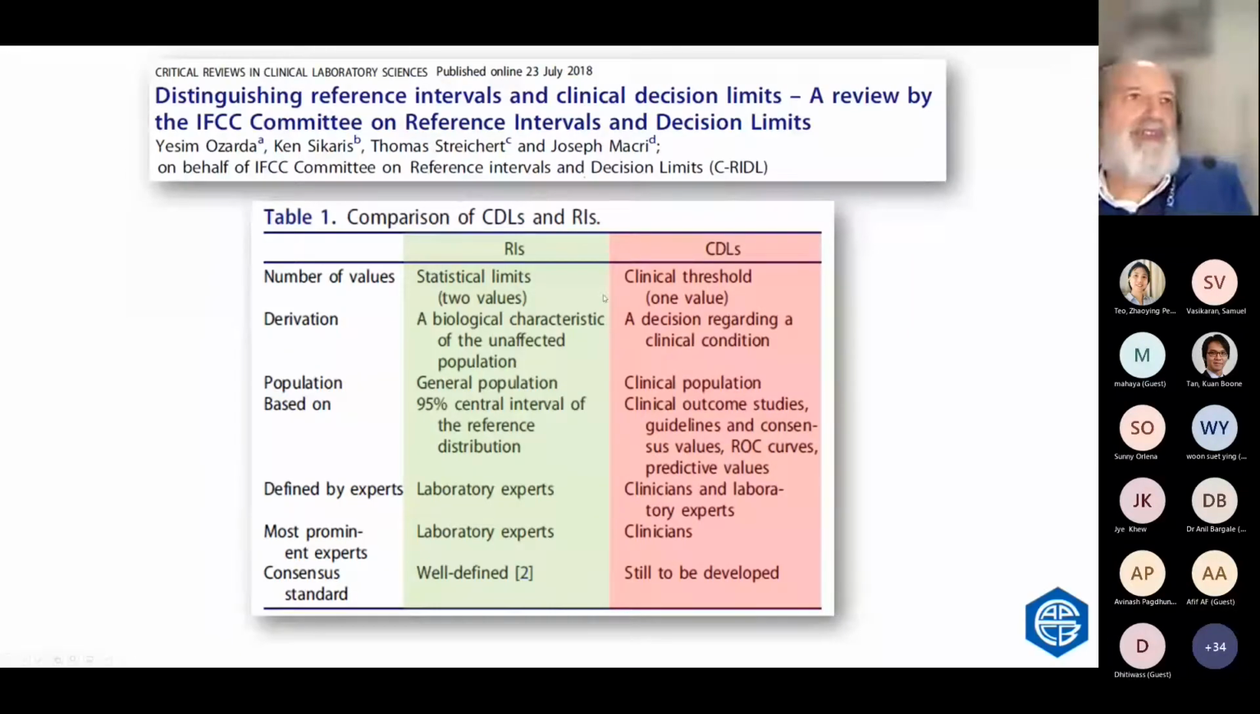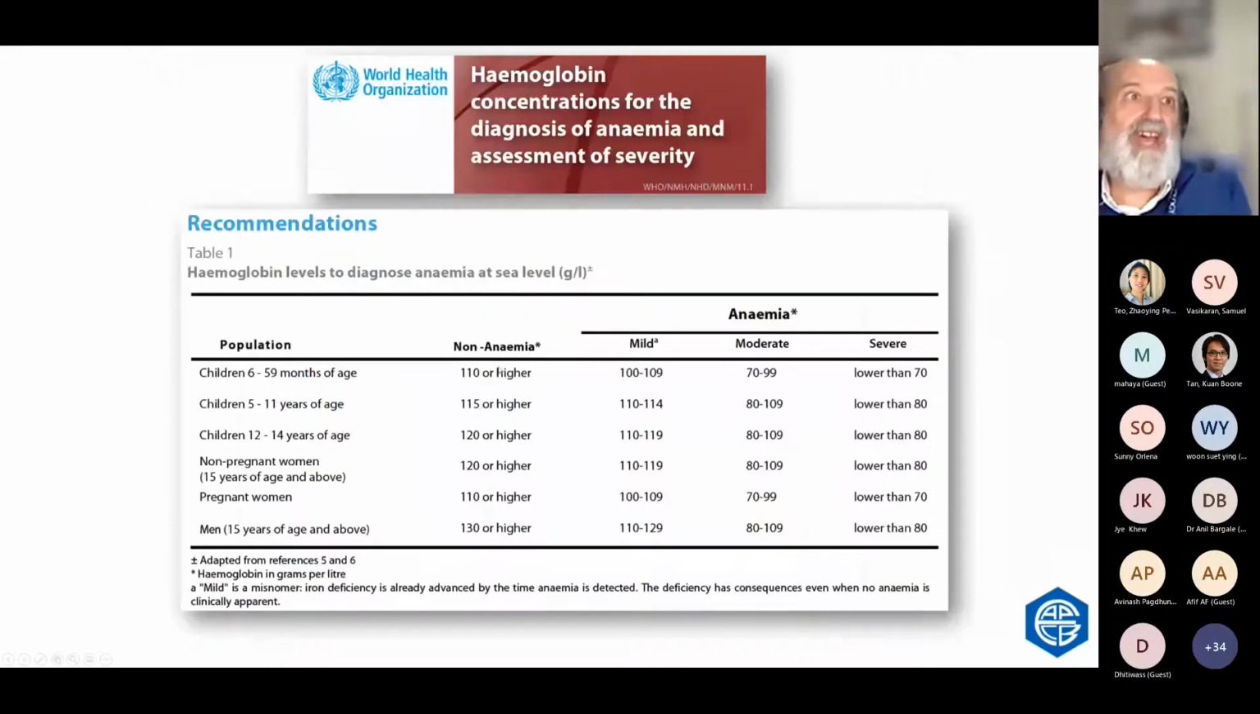Just one last point about reference intervals. Reference intervals are based on healthy population, and clinical decision limits are something different. We'll touch on that again soon. So what I've been talking about is what is the reference interval for hemoglobin, not what the clinical decision limit is. And generally the WHO have defined not only